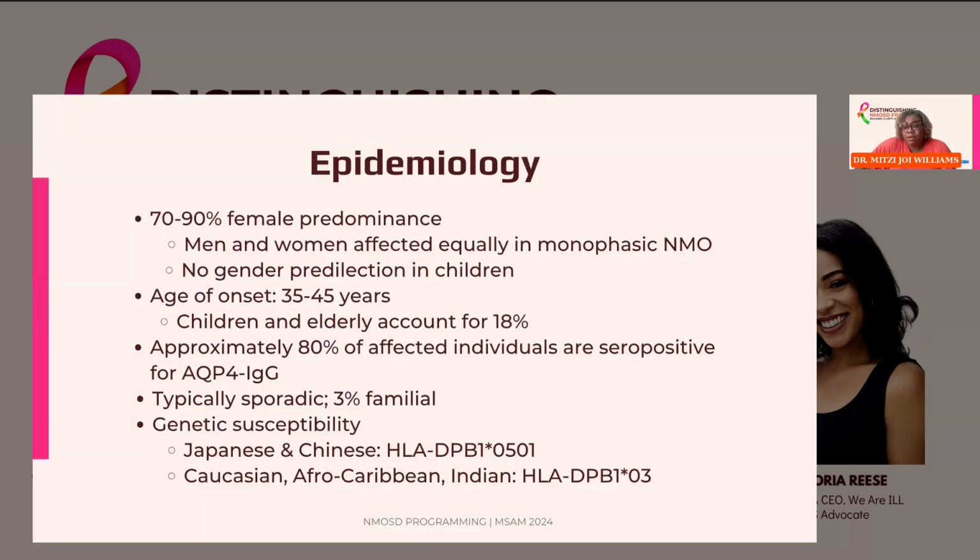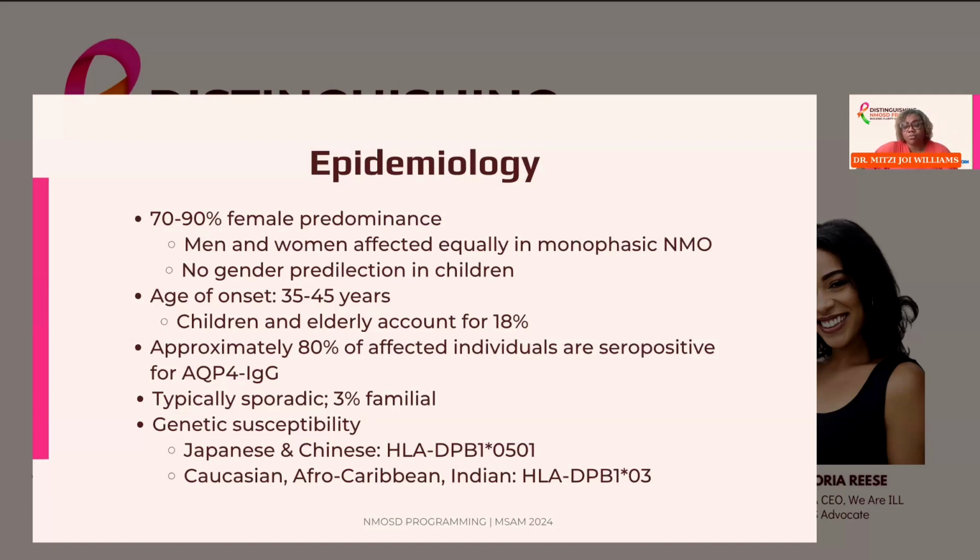All right, so what do we know about the disease in general? Who does it affect? It definitely has a predominance for women. Most autoimmune diseases are more common in women than men, but this one is about 80 to 90% more common in women. With MS, we think of a ratio of 3-to-1 affecting women to men. With NMOSD, we're talking more like 8-to-1 women to men, okay?